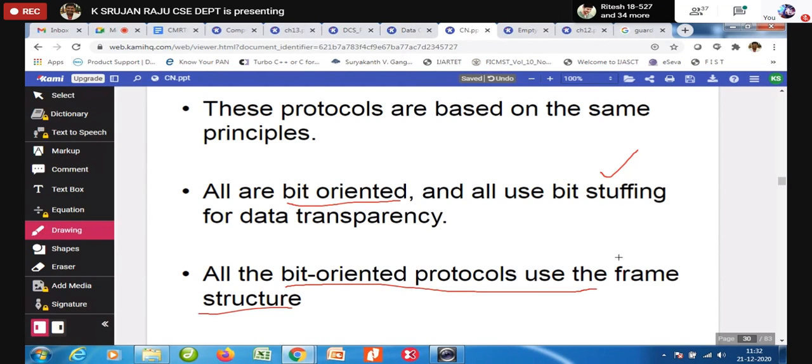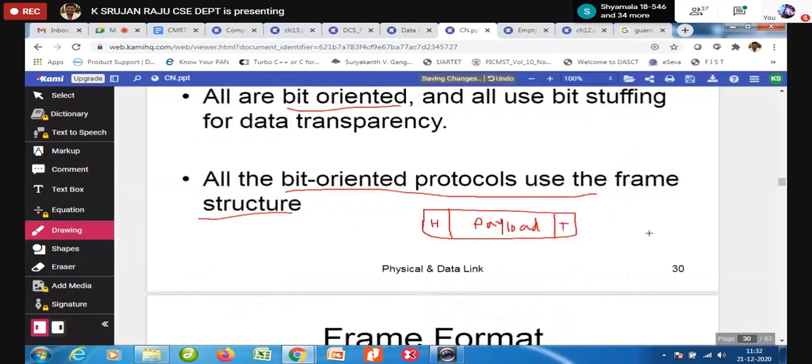Every frame is going to have a header and a trailer, and it is going to contain the payload. This is the frame structure which is going to be used.